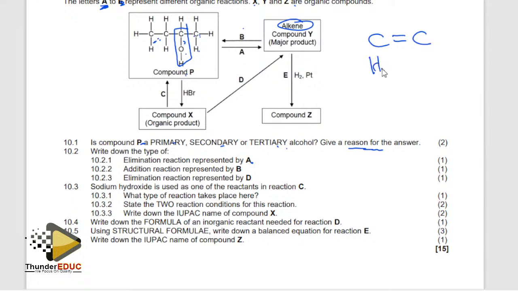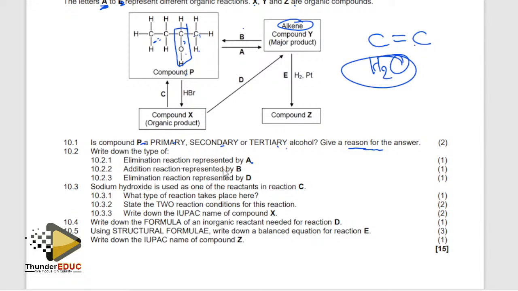Because we are removing water, going from alcohol to alkene, yes, you are removing water. So that type of elimination is dehydration. If we were adding water, then it would have been hydration. But because you are removing water, it becomes a dehydration reaction. Then they're asking you,